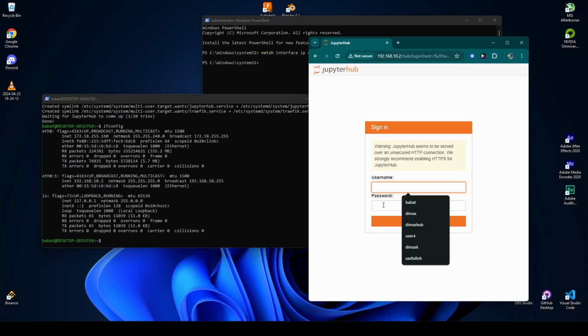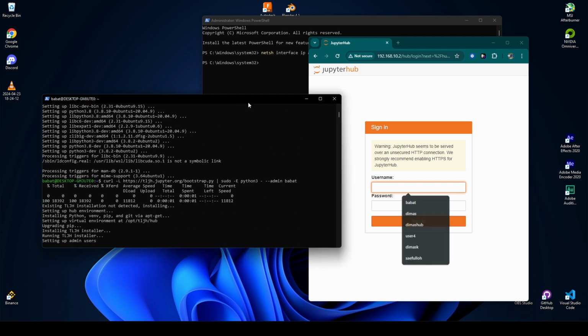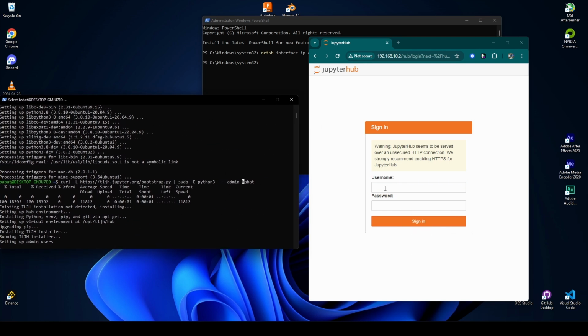And now we get the login or sign-in page of JupyterHub, and from that we need to log in as admin, and then we input our password.